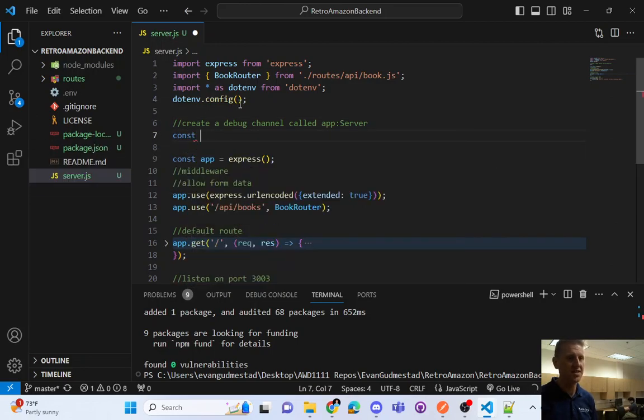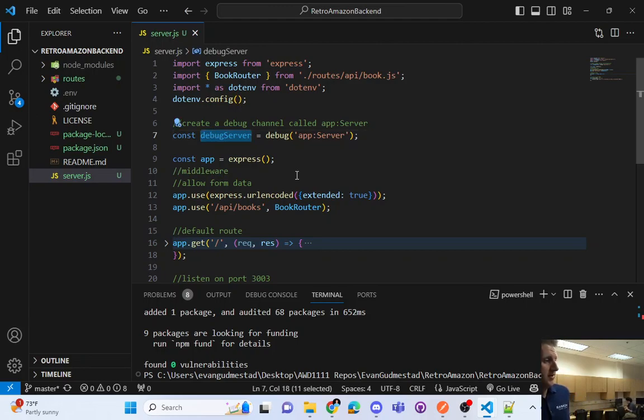So I'm going to say const debug. I'll call it debug server because it's a server.js, equals debug app server. So basically all of this gives us a method. That method is going to be called debug server,